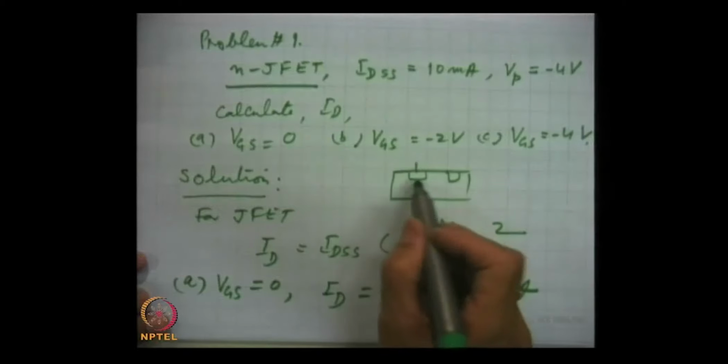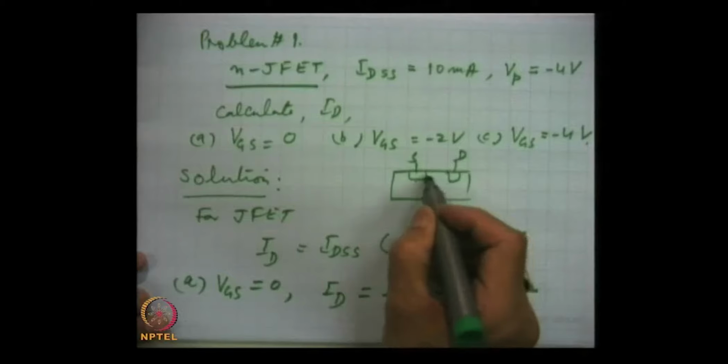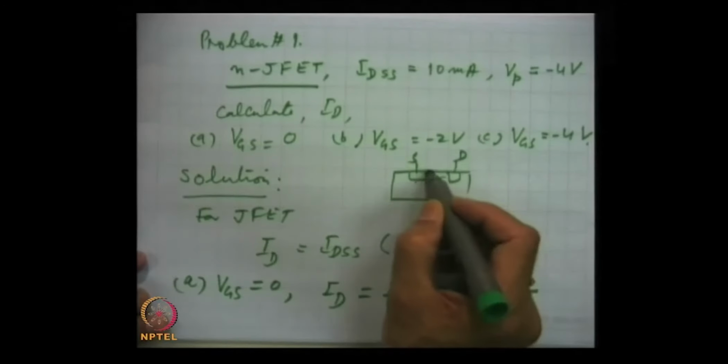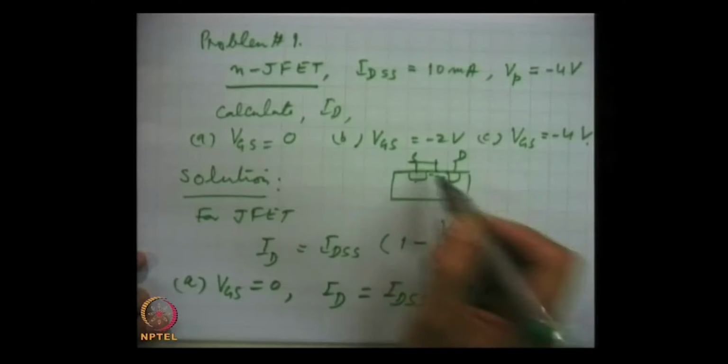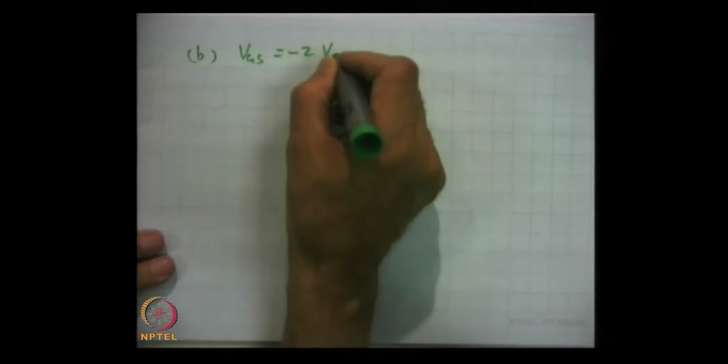This is drain, source and drain, and this is the channel. When the gate is shorted, VGS is made 0, that is the maximum current which flows in the device. Then in part B, when VGS is minus 2 volts, in that case ID,